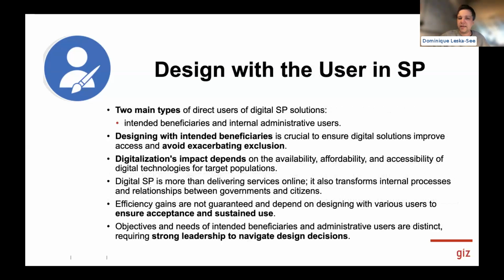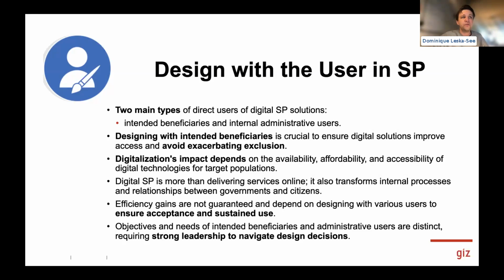How can we design with the user in social protection? So there are 2 primary categories of direct users in digital social protection solutions. At first, the beneficiaries, and second, the internal administrative users. So it's essential to design with the intended beneficiary in mind to improve access and prevent the risks of increased exclusion. The effect of becoming more digital depends on whether the people we're aiming to help can easily get and